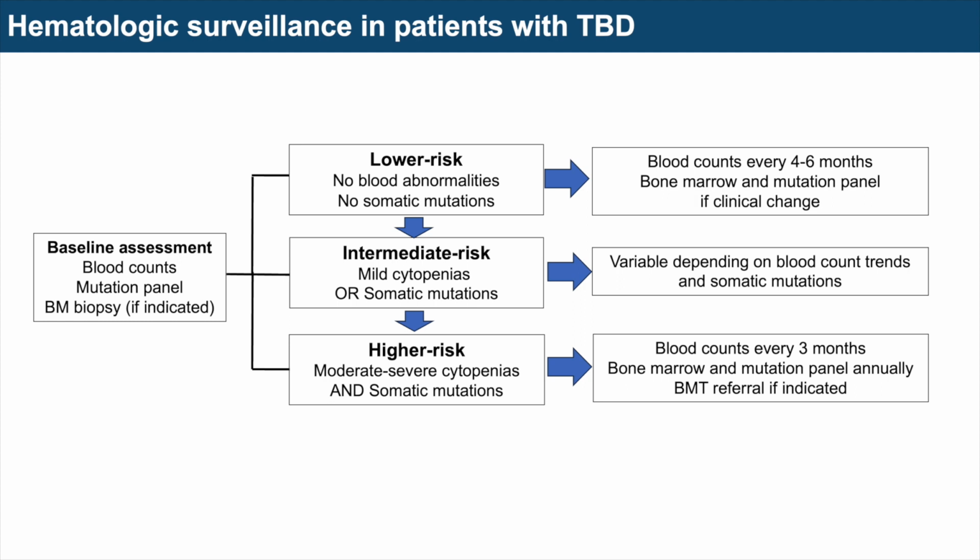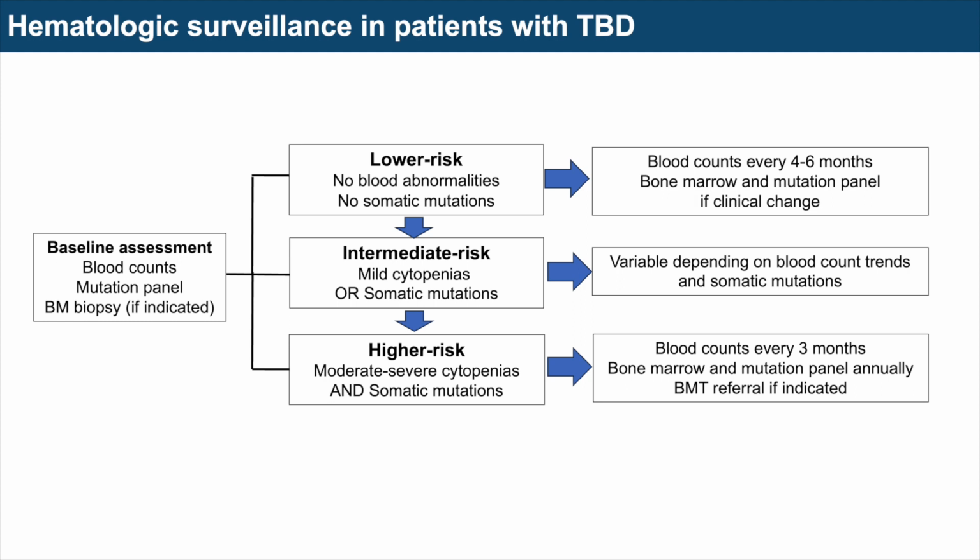What I'm finding as well in my clinic is that there's a middle bucket as well. There's patients that have some mild blood count abnormalities, and they may or may not have any detectable mutations. And so for these patients, I really have to do it case by case. I really have to meet patients where they are, understanding how readily they can check their blood counts and understanding what would be the threshold for which to do something like a bone marrow biopsy or a sequencing panel.